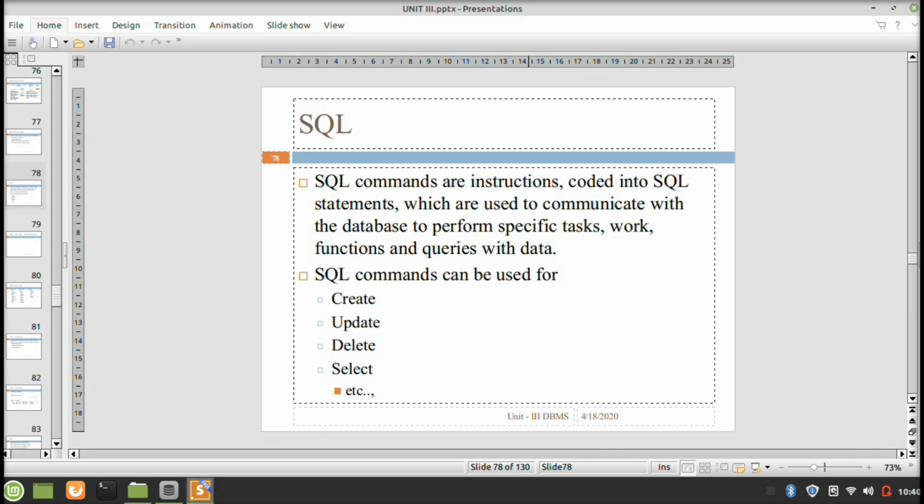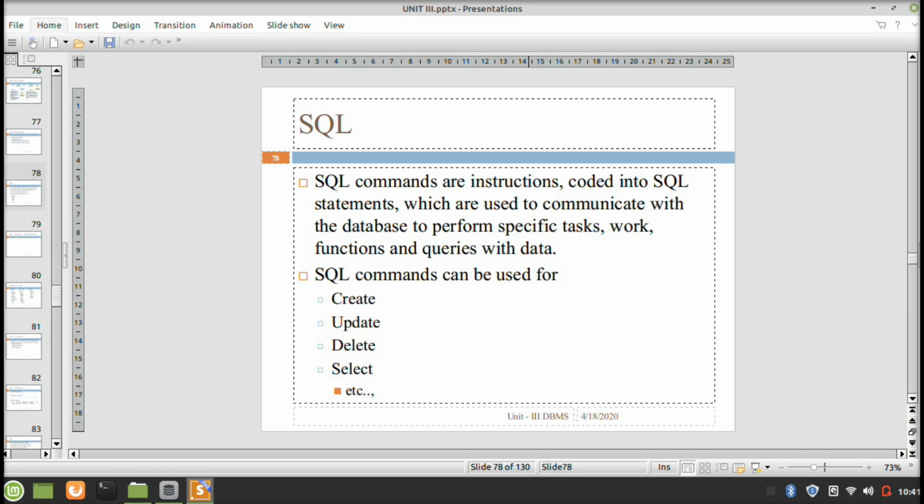Broadly, the structured query language is put into two broad categories. One is called data definition commands or data definition language. Another one is data manipulation commands or data manipulation language.